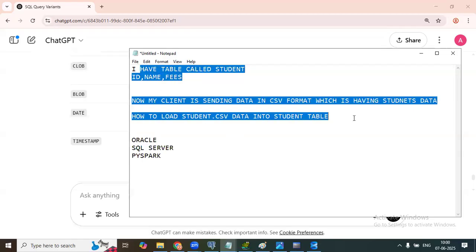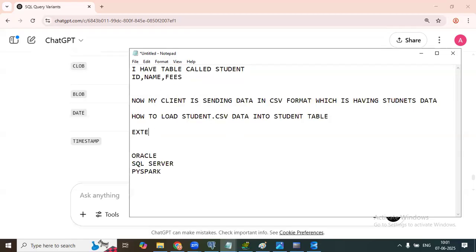In Oracle, if you wanted to load, one is the external table option we have. Another is the UTL_FILE option. Or else, in Toad and similar tools, we have import and export options. Like this we can do it in Oracle. Are you clear?